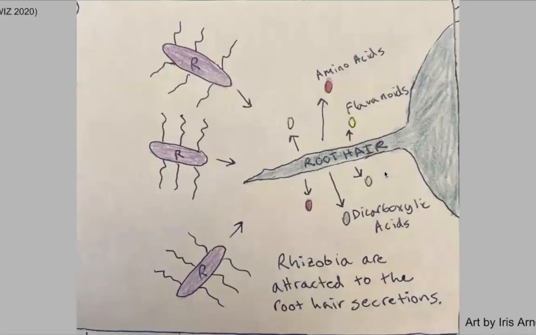So here is an in-depth look step-by-step at the relationship between Rhizobia bacteria and legumes. The process of root formation is initiated when a legume releases a chemical including amino acids, dicarboxylic acids, and low concentrations of excreted components called flavonoids through their roots, which the Rhizobia in the soil are attracted to.